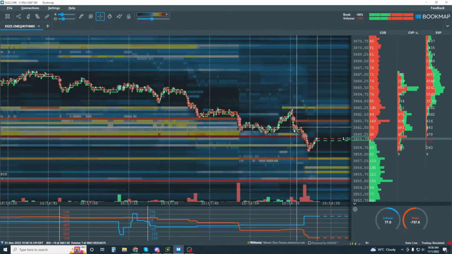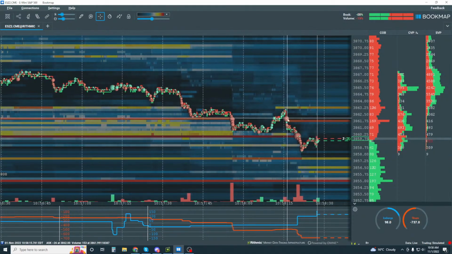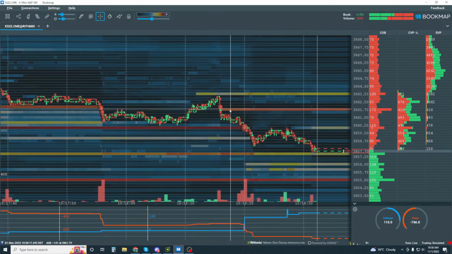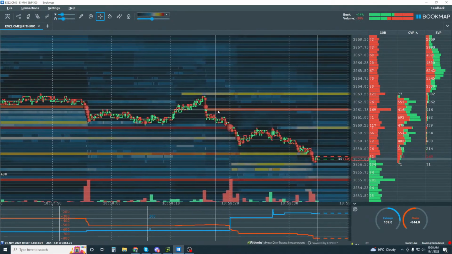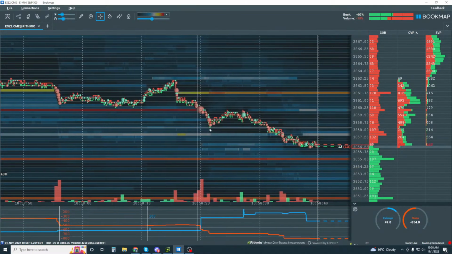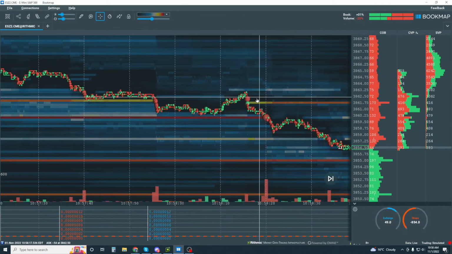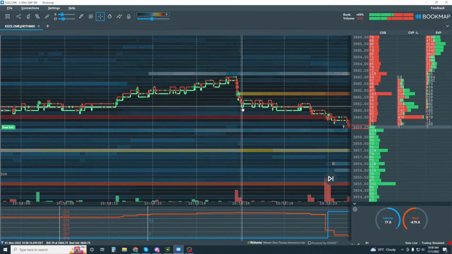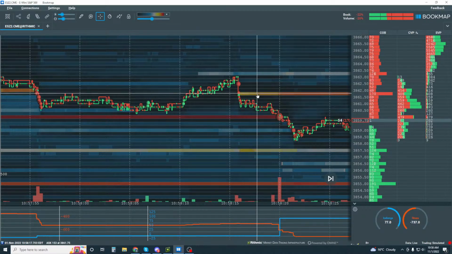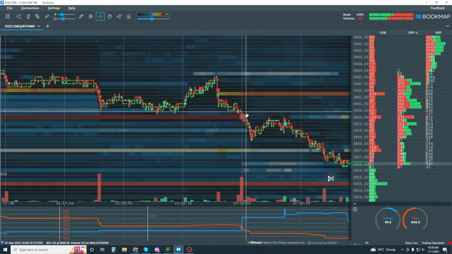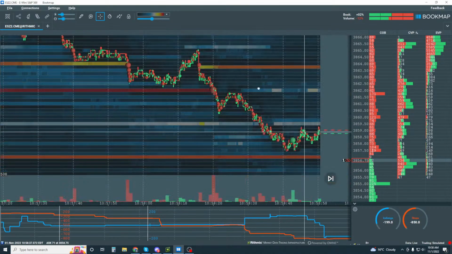Okay, now how would you get involved in here? Well, you'd be looking for your sellers on the other side here. This is a little too small of a time frame. But see how we talk about the order book as well being on the offer like this to push it down into this 60 level here. This happened really quickly, so it was kind of hard to cover here. But the sellers came in and moved it down. They throw on the offer a lot of limit sell orders, and we're looking for the aggressors to take it down to 60 and then potentially break it down to 55.